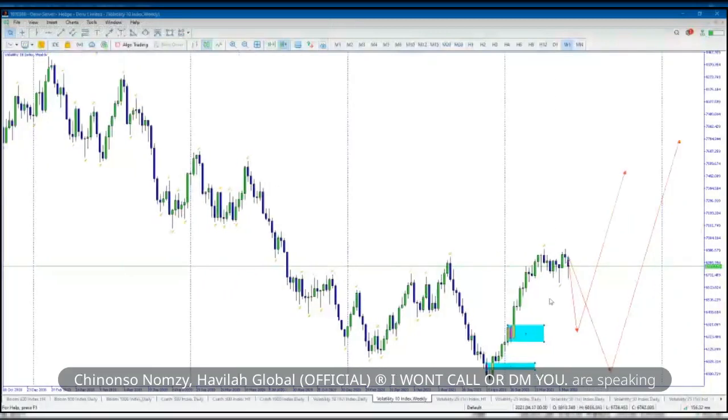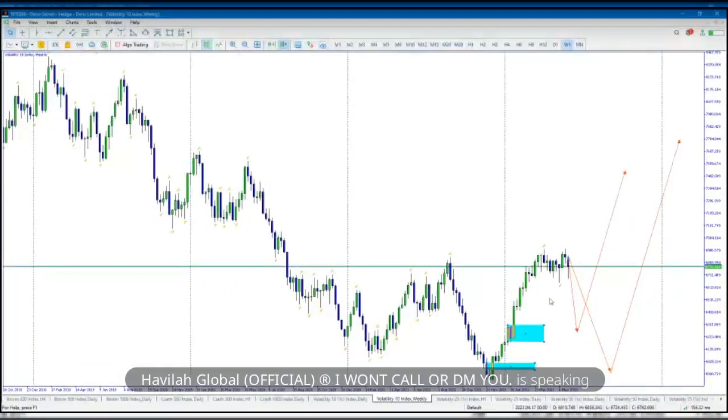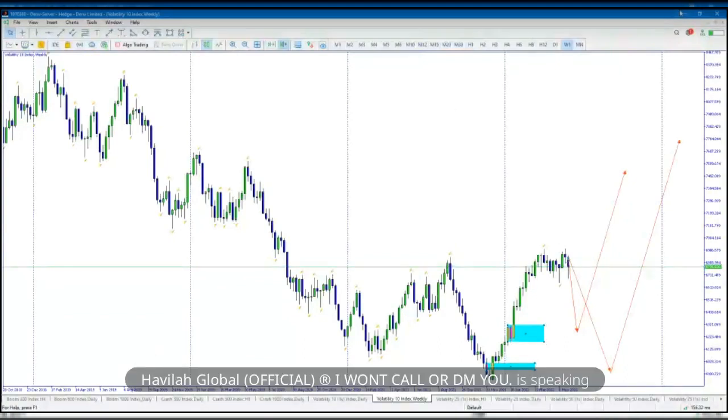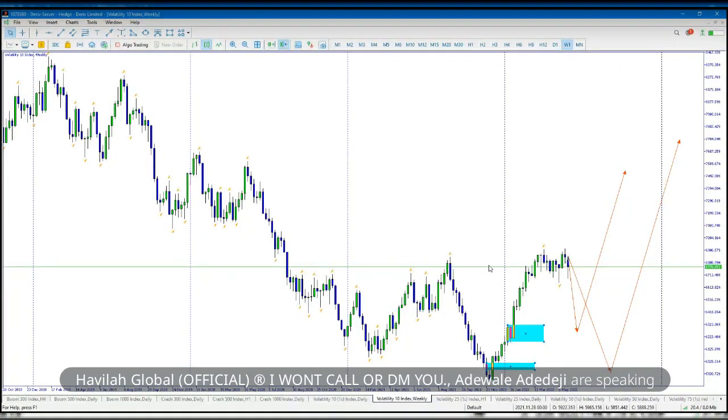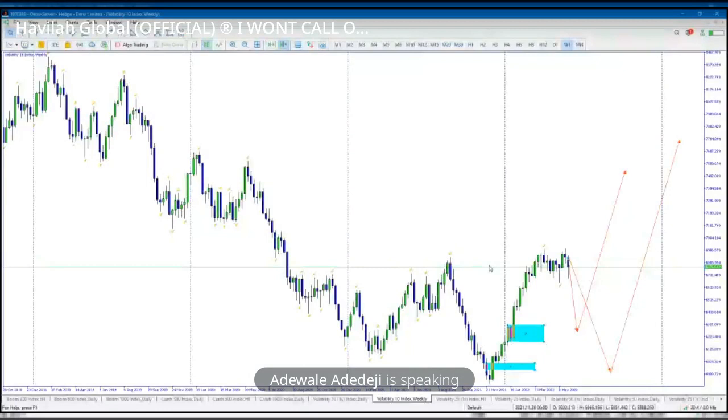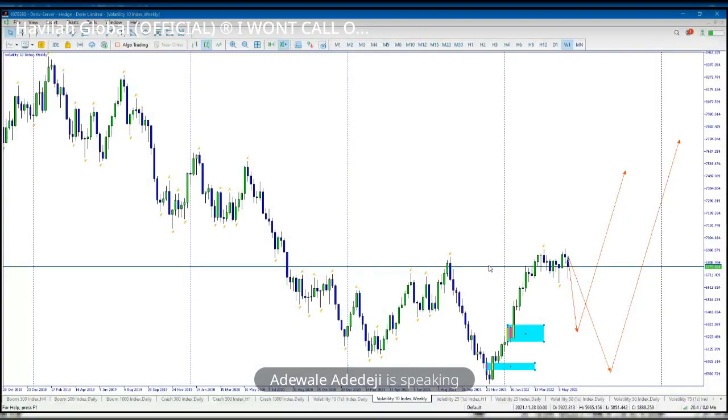Okay. So based on our back testing today, what can you say about V10? Let me hear what you can say about V10. I think V10 obeys the mitigation block. It mitigates, and it doesn't fill up the imbalance, just probably the open of the imbalance or 50% of the imbalance. It doesn't fill it up, and sometimes it plays the KOB once in a while also.